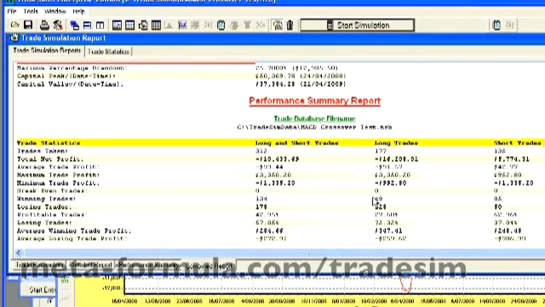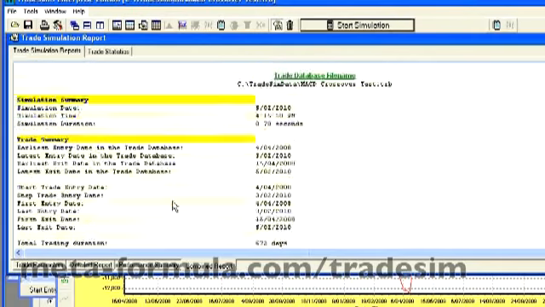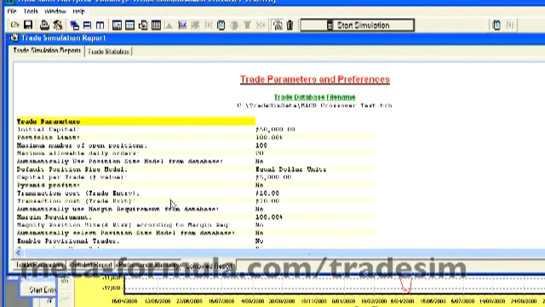Rather than going into all the details in here, because I think I'll need to save that for another video, hopefully that gives you a little bit of an insight into how we backtest trading systems and get you started